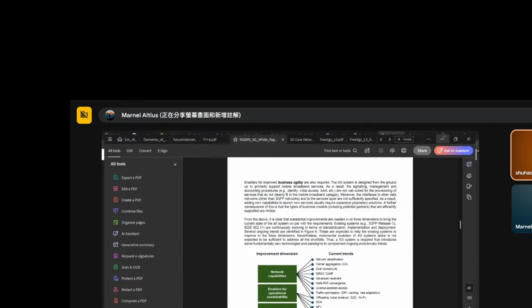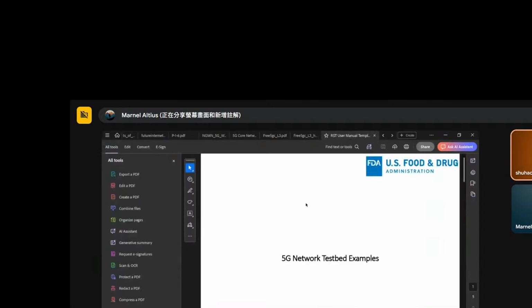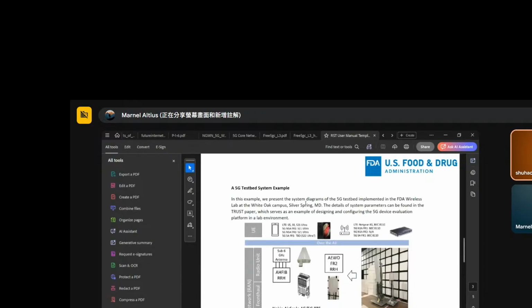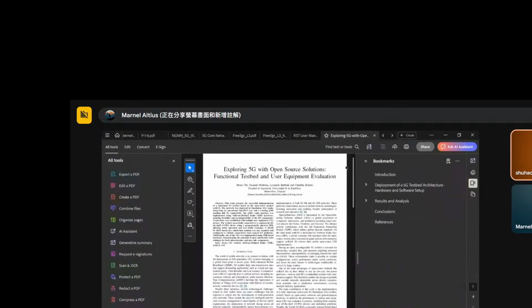So this is the study guide, and the second important set of papers are a few papers I found. This is something else. This is a template for this one. So this one is